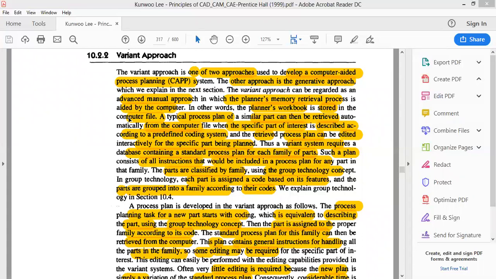In that case, we can retrieve this M8 nut and bolt file, make the suitable alterations, that is edit that particular file, and save it as M10 nut and bolt. So we take the already existing file and make the required modifications as per the new part, because the previous part and the part to be manufactured are almost the same. They come under the same family, so there are only little changes.